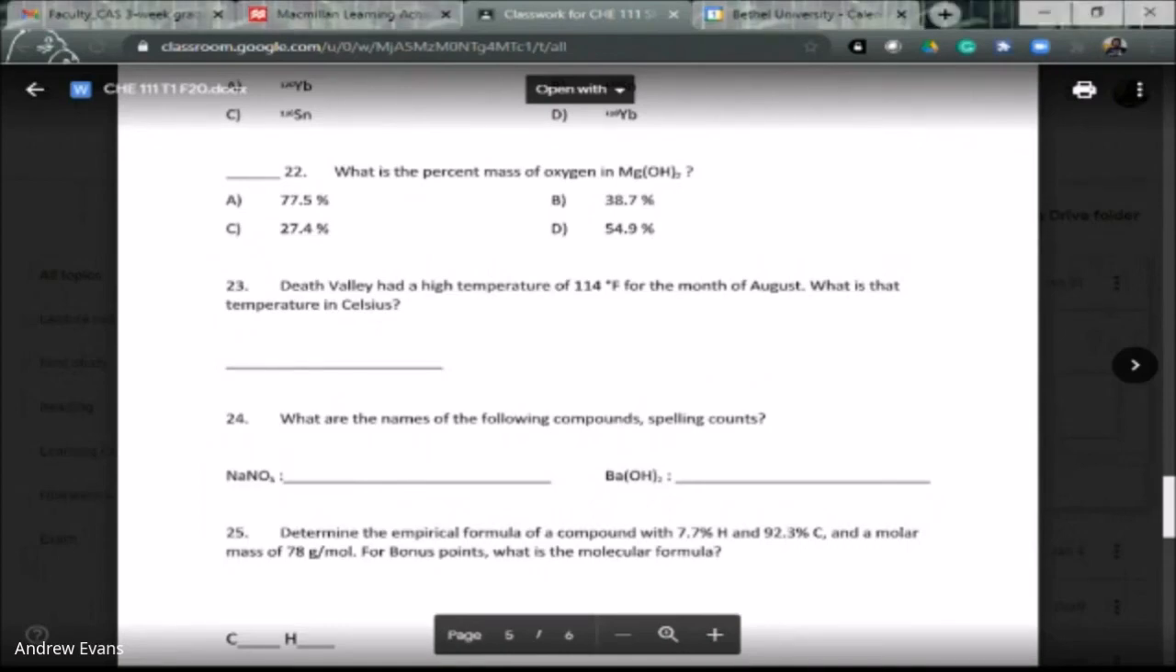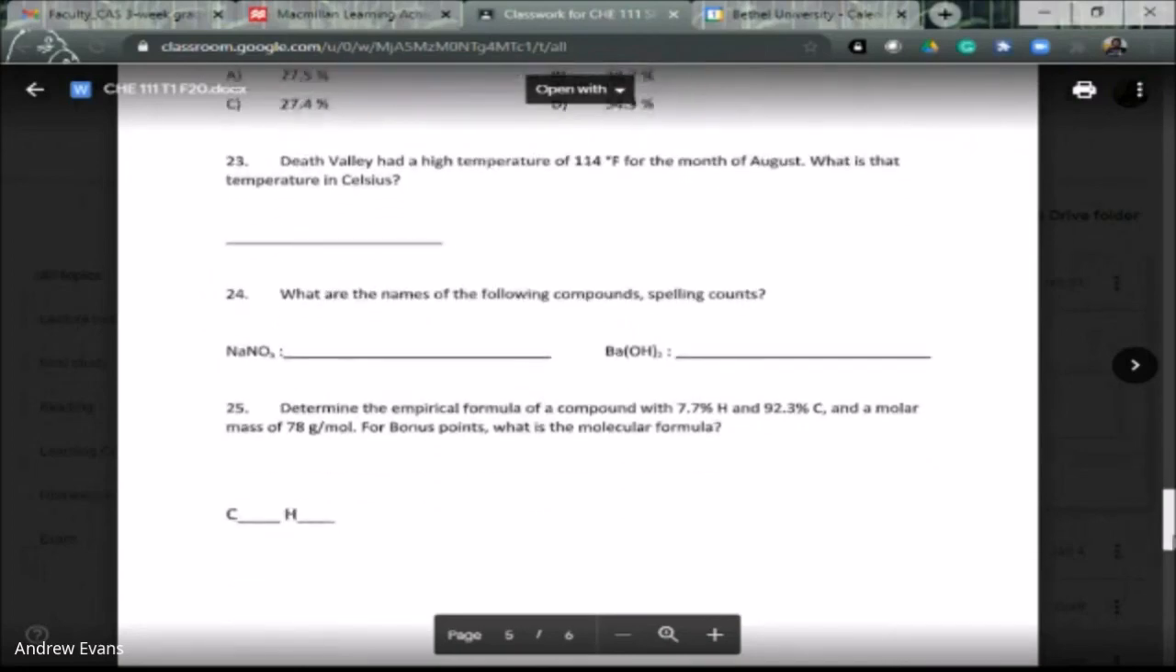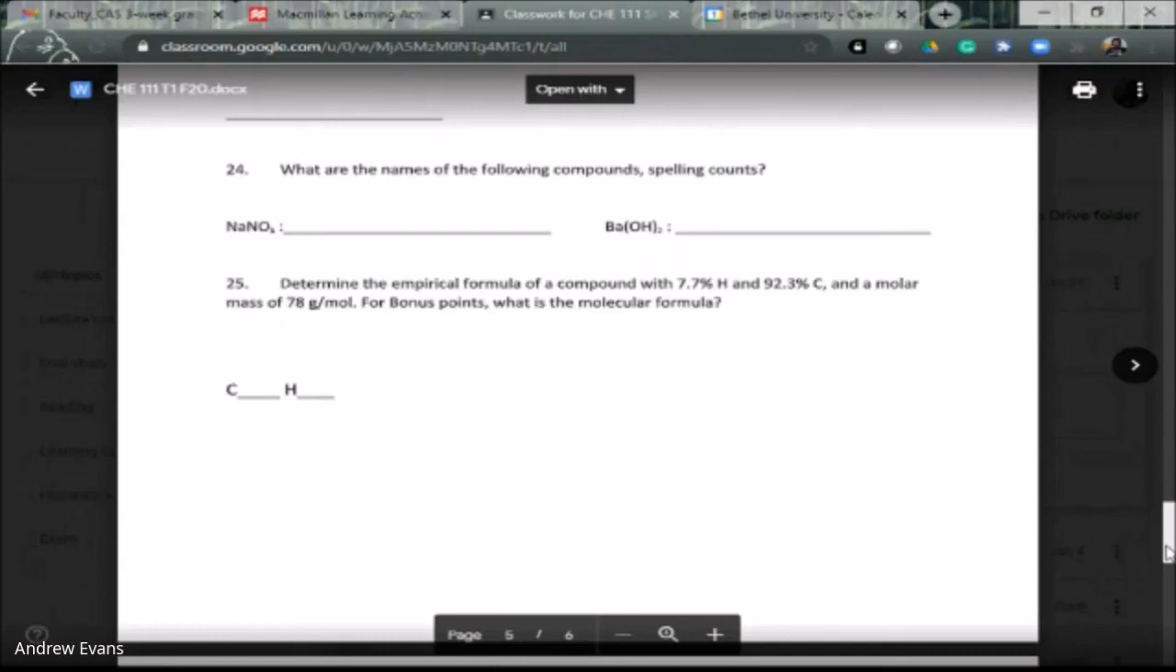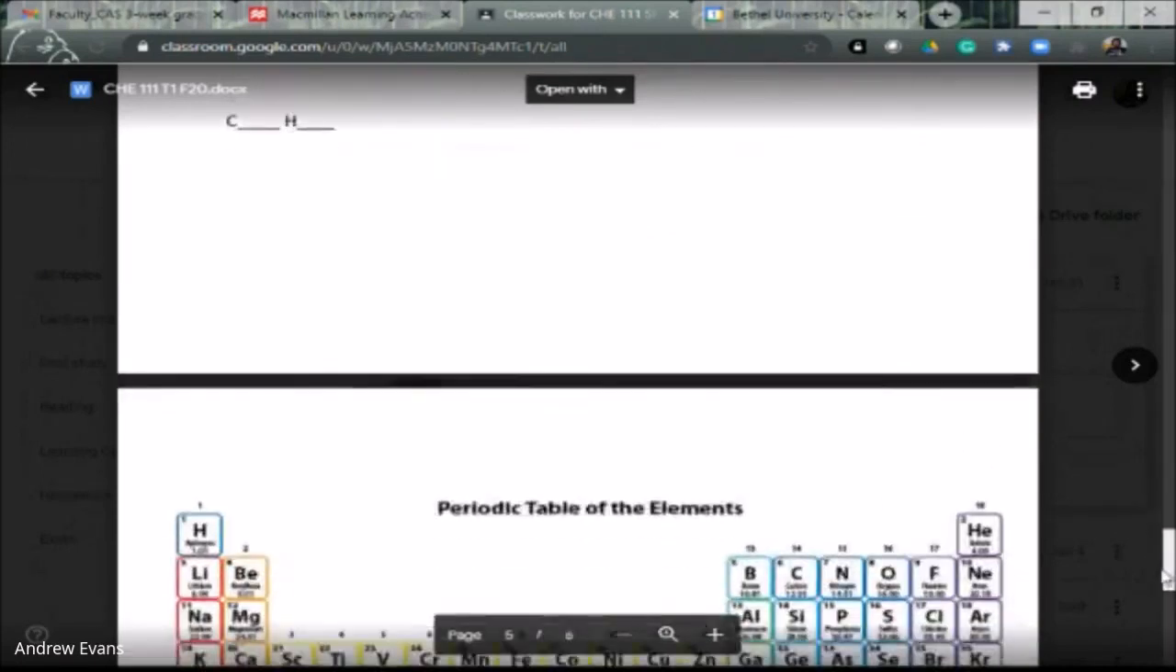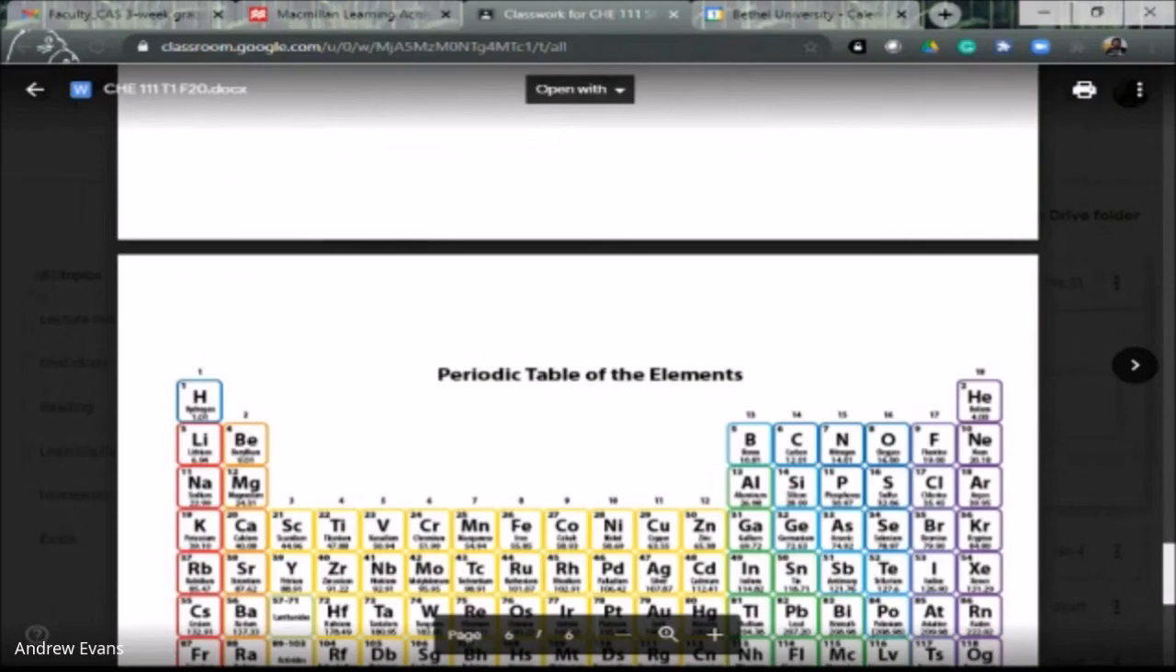And the last one I cover is 25. Determine the empirical formula of a compound with 7.7% hydrogen, 92.3% carbon, and a molar mass of 78. And I just want, what is the empirical formula first, and then bonus points if you can get the molecular formula. So to finish off,